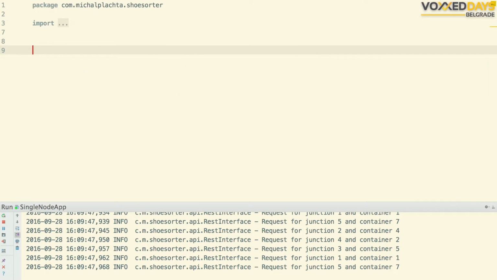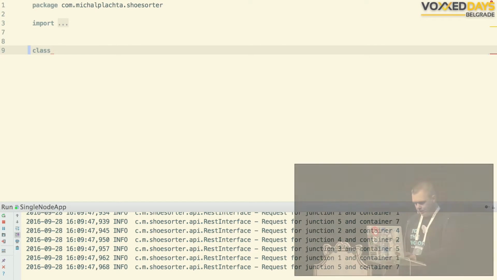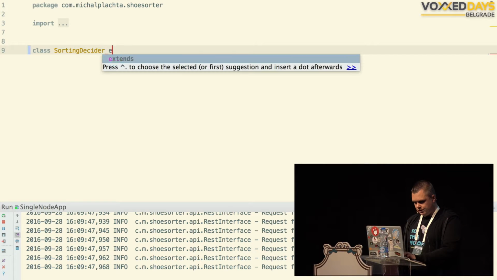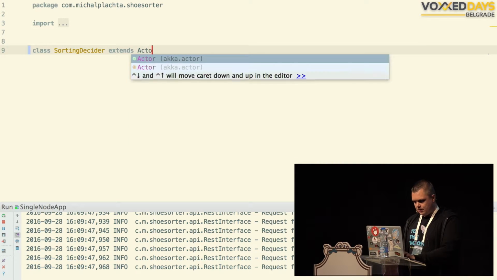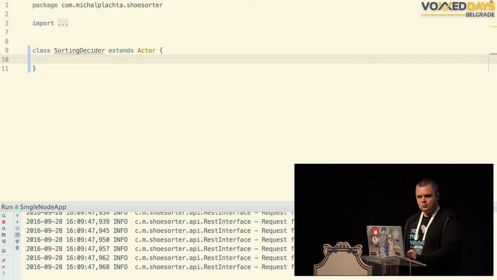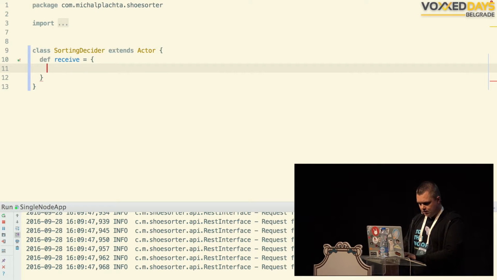So we just create another actor, as I told you before. It will be called sorting decider, extends actor. What kind of method do we need to implement? Receive, right? This time it will be a proper receive. We're using pattern matching. And where should the container go?